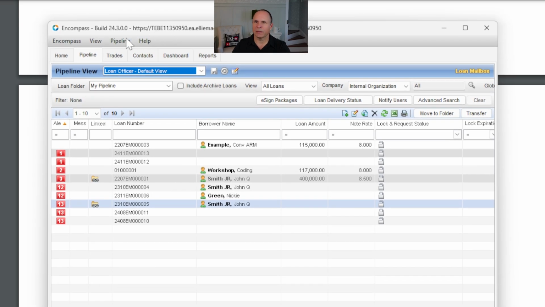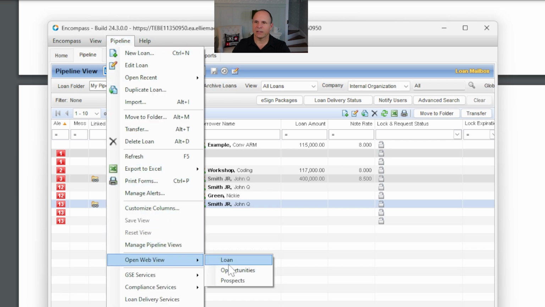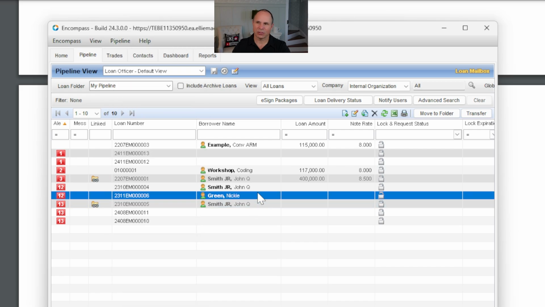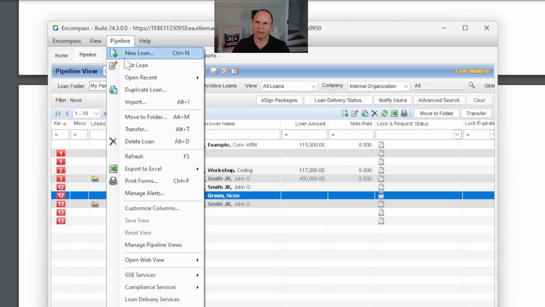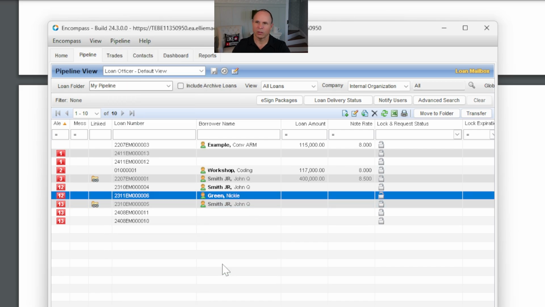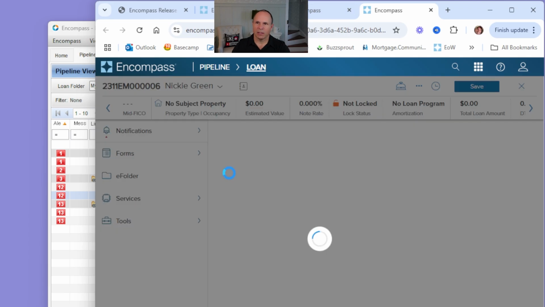One of the options is the ability to open up the loan file that's highlighted on the screen. So if I were to click this and then go Pipeline, Open Web View, Loan, it's going to open up that Nicole Green testing loan file in my Encompass.